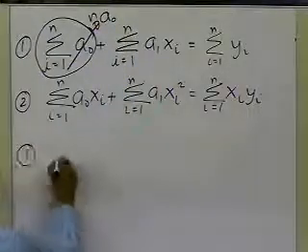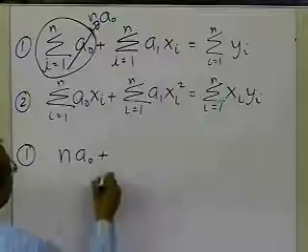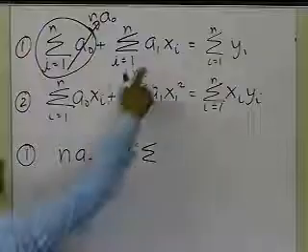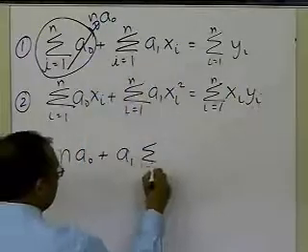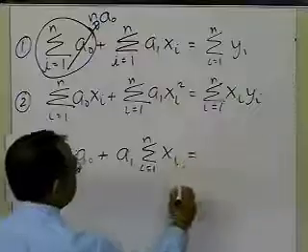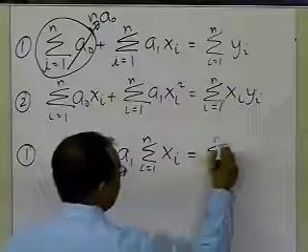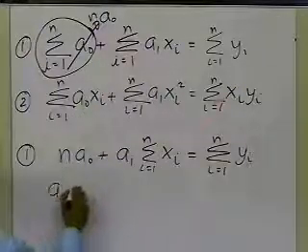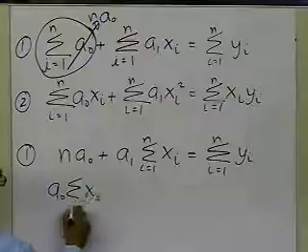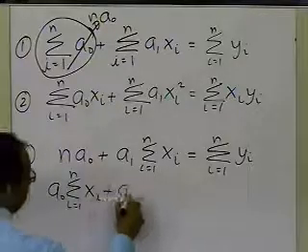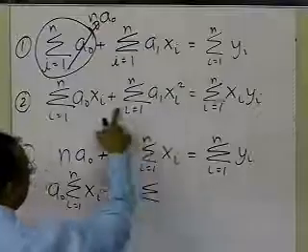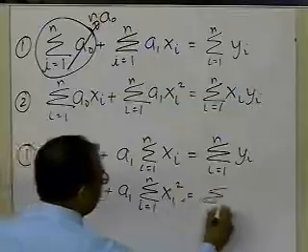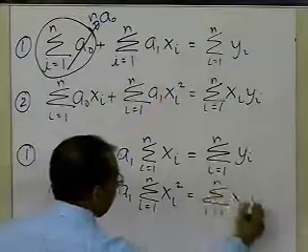So the first equation again can be written as n times a0 plus, I can take the a1 outside because it's a constant, so I'm going to write it like that, and then summation i equals 1 to n of y_i. Then again here I can take a0 outside, I get that. And then again a1 can be taken outside because it's a constant now, summation i equals 1 to n of x_i squared, and then summation i equals 1 to n of x_i y_i.